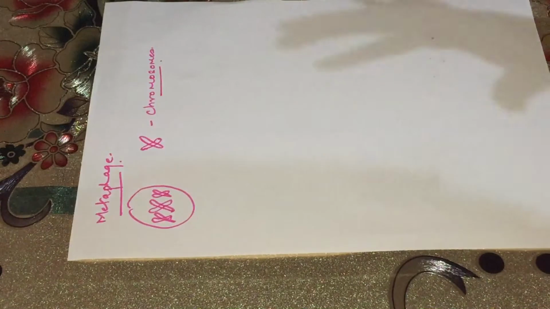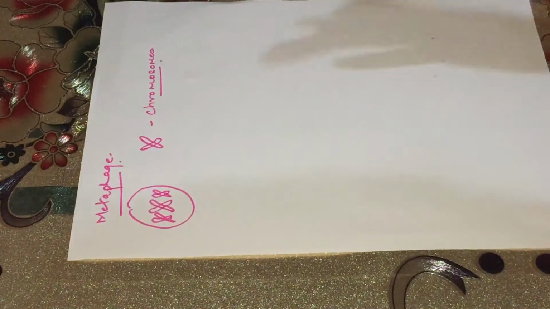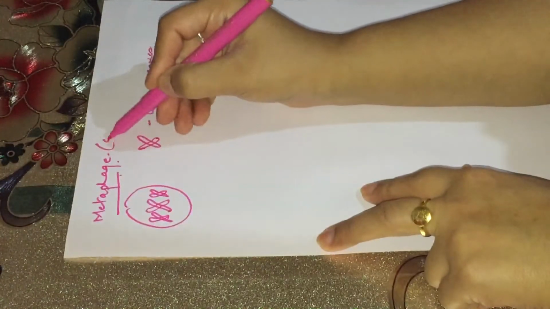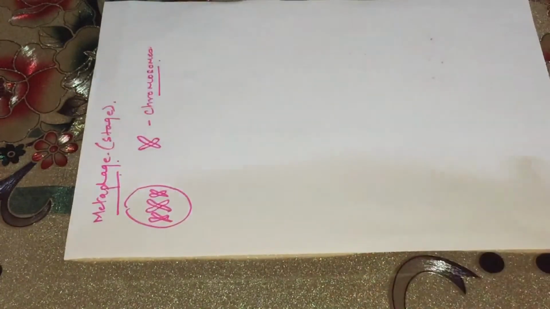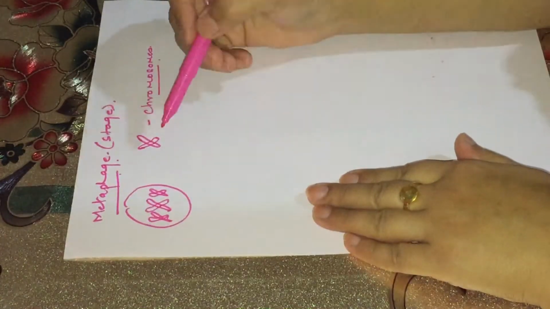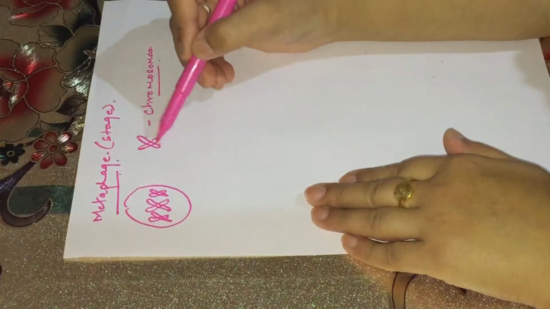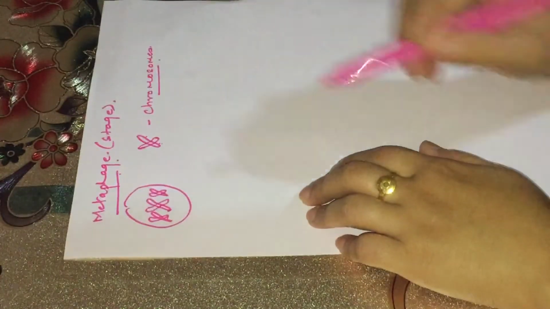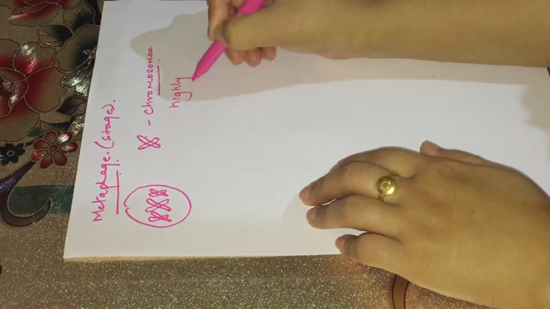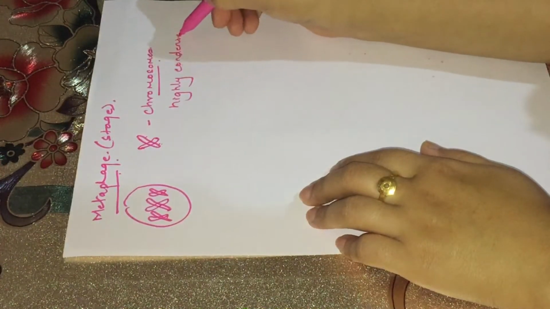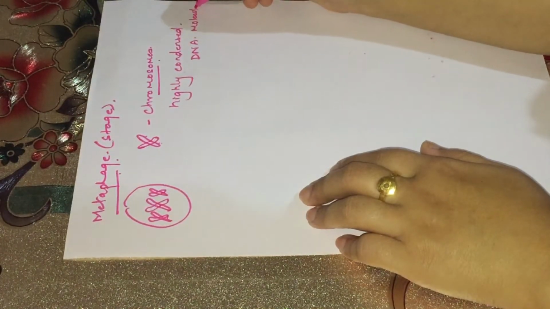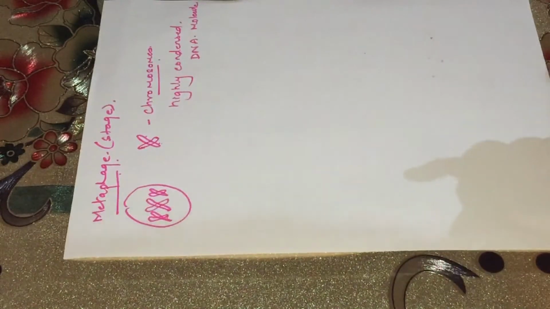And when the long fiber of chromatin further condenses, which is visible in the metaphase stage of the cell division cycle under the microscope, it appears as an X-shaped structure, and that structure is called a chromosome, which is highly condensed DNA. All right,